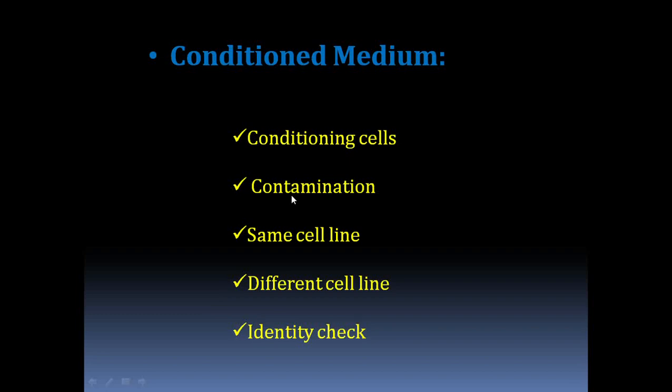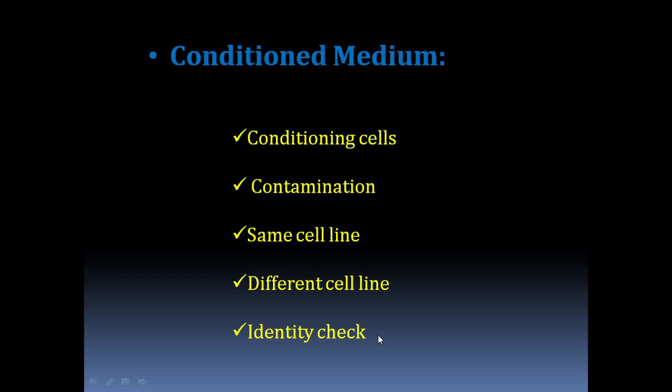At least it is less important in terms of contamination, right? But when I conduct the experiment with a conditioning cell that varies from the clonal cell, it can be a great problem. Because they are different, it can cause contamination, which reduces our plating efficiency. So before going with the clonal propagation, for conditioned medium I need to perform an identity check, right?